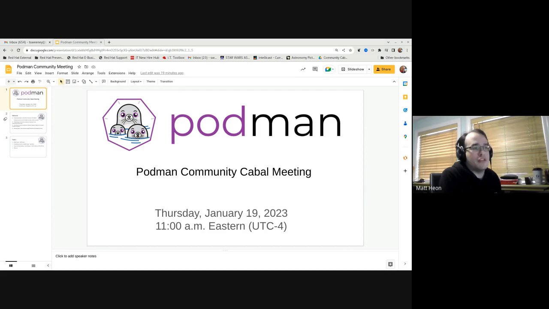We do have quadlet support, which is pretty big. We've taken quadlet, which, if you don't know, is a separate executable that's able to run Podman containers under systemd in a very efficient way. Previously, it was a separate project. Now it's integrated into Podman itself. It's still going to be a separate executable, but we've moved it into the repo. We're going to be doing releases for it as part of Podman.